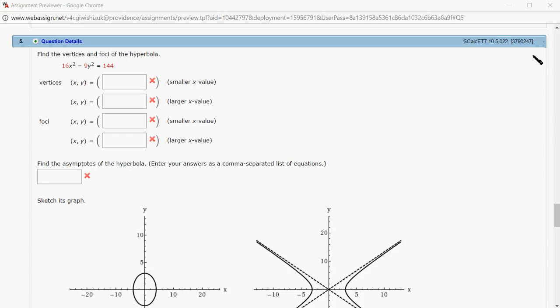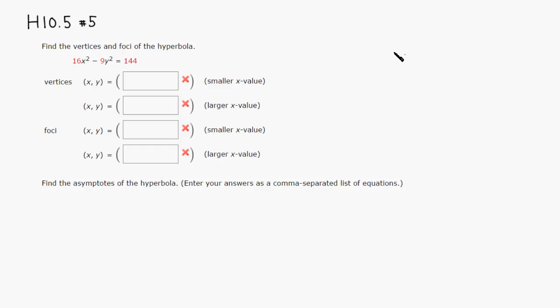All right, let's look at homework 10.5, problem number 5. We have a hyperbola, and we want to find the vertices and foci for it. All right, so let's do that. First thing is I want to have 1 on the right hand side, so I'm going to just divide it through by